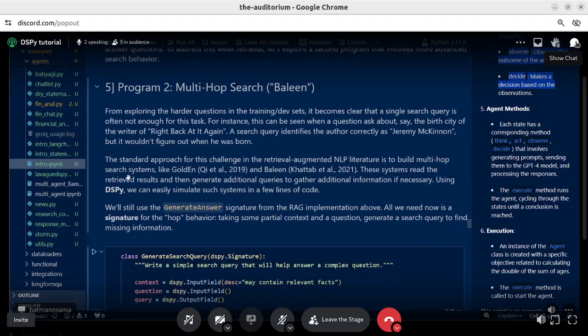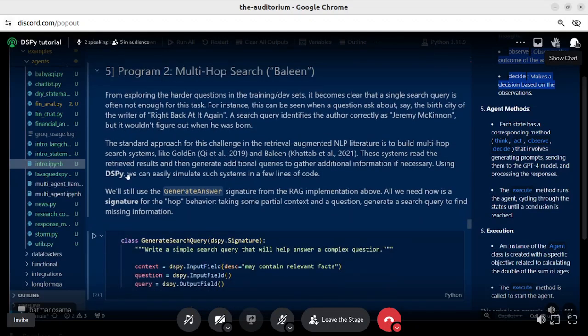So from exploring the harder questions in the training dev sets, it becomes clear that a single search query is not enough for this task. For instance, this can be seen when a question asks about, say, the birth city of the writer of "Right Back at It Again". A search query identifies the author correctly as Jeremy McKinnon, but it wouldn't figure out where he was born. The standard approach for this challenge in the retrieval augmented natural language processing literature is to build out